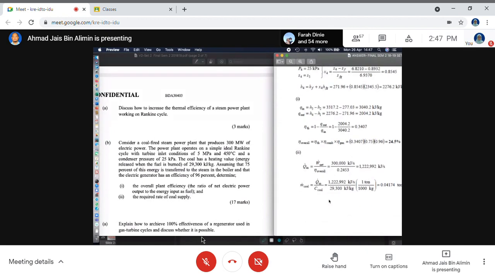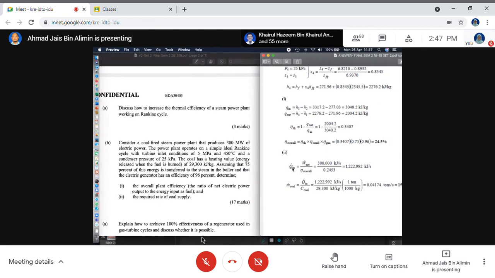Okay. And then the required coal supply. Plant ini dia menghasilkan 300 megawatts. Convertkan dalam SI units ataupun dalam joule per second. Okay. So you know that the efficiency is output divided by the input, and then you rearrange, and then you know the amount of energy being supplied to the system. Okay. And then kita tahu bahawa the quality value, setiap